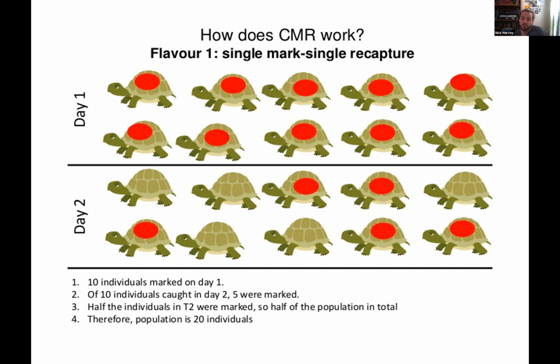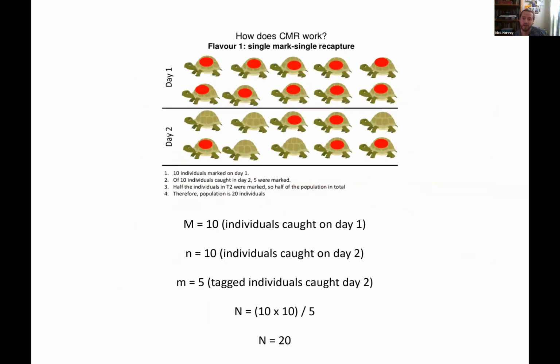When we got on day two, we captured 10 individuals again, exactly the same experimental design, has to be, because we have to make sure our sampling effort is standardized. Of that second sample, 5 of them were marked. And then we can plug these numbers into our equation to calculate an estimate of the total